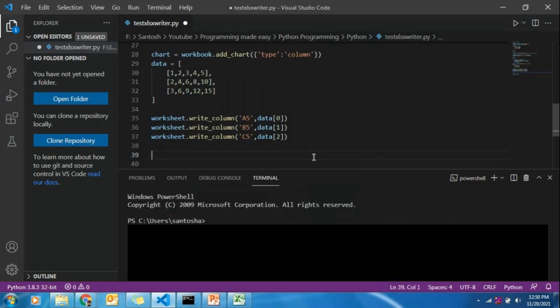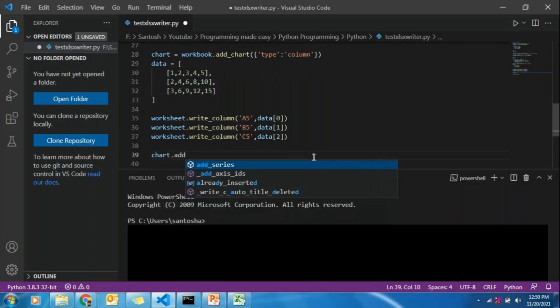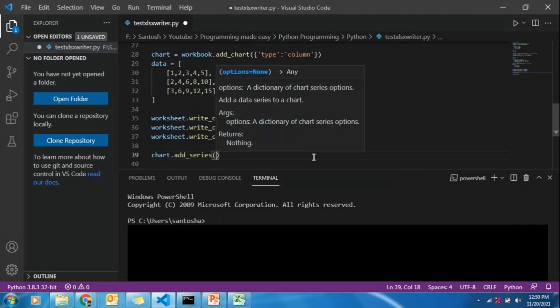So chart dot add series. Again, this has to be defined as a dictionary.